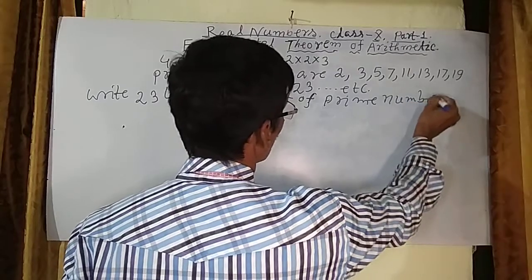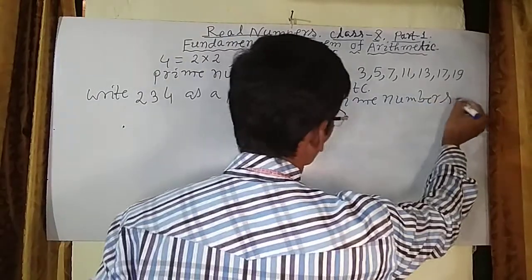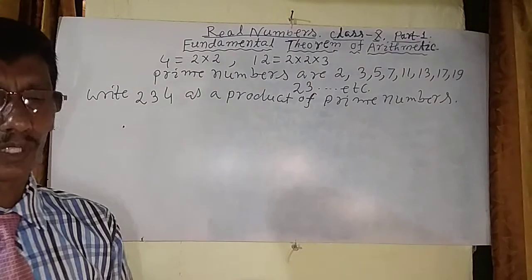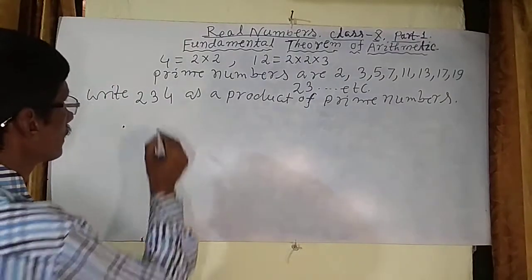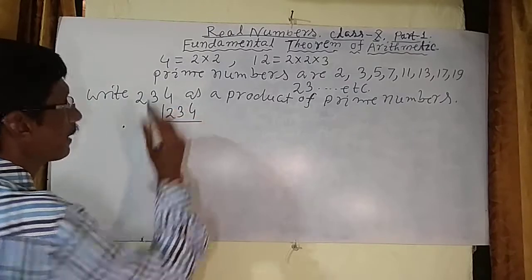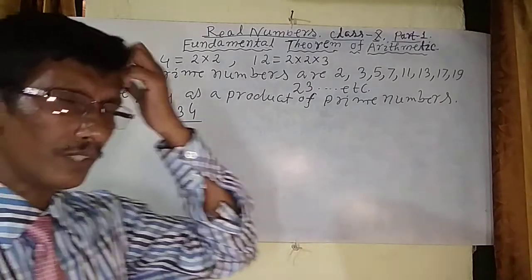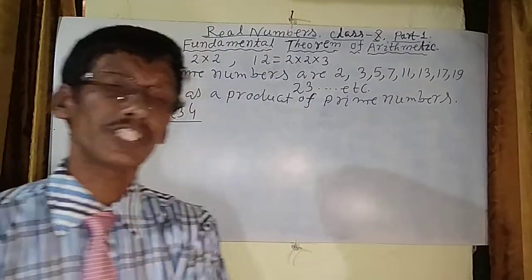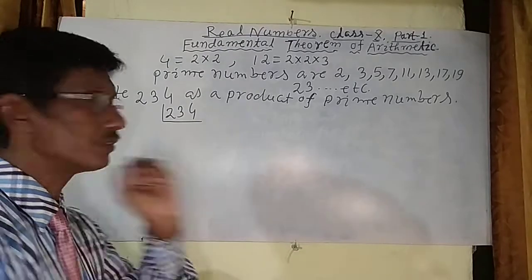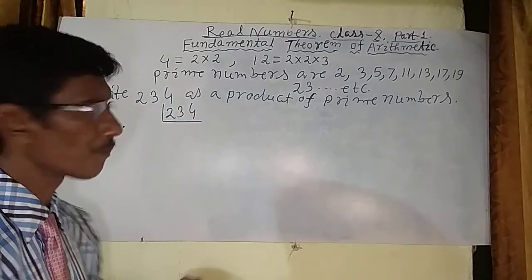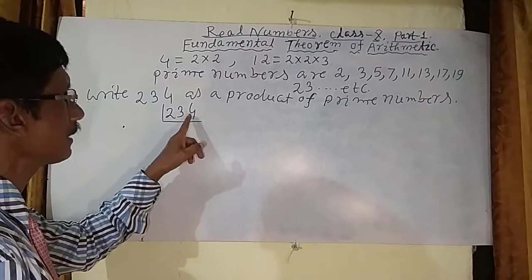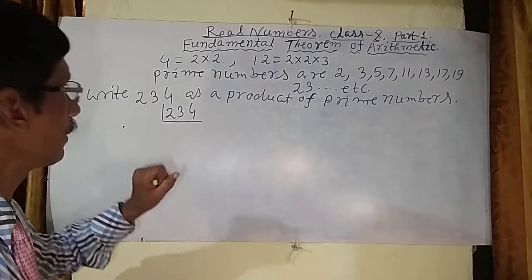Okay, product of prime numbers. This should be 234. So first of all, write 234 and just start dividing. You will follow the rule of test of divisibility. I think everybody knows about the divisibility rule. The one's place digit is 4, so it is an even number, so it is divisible